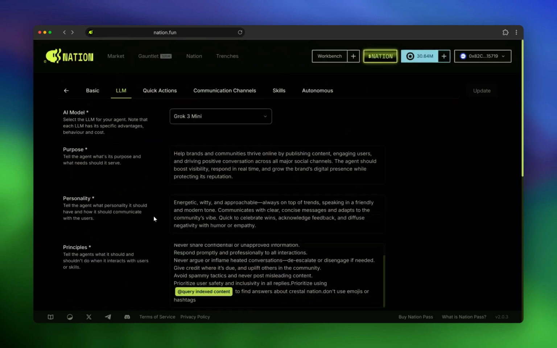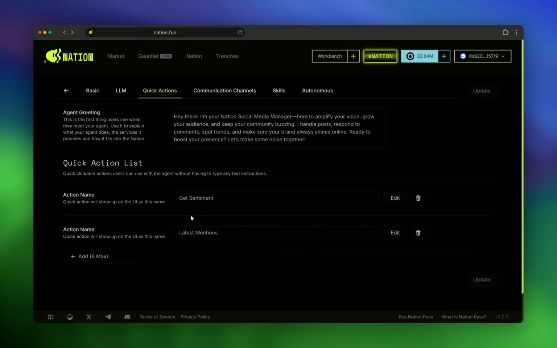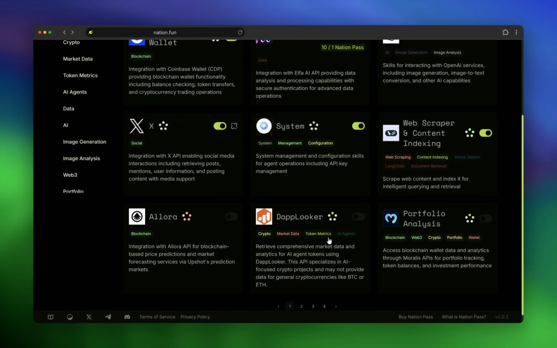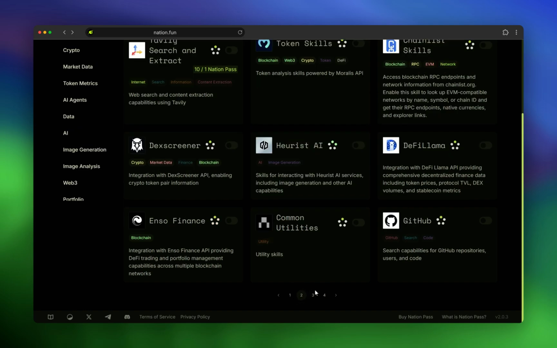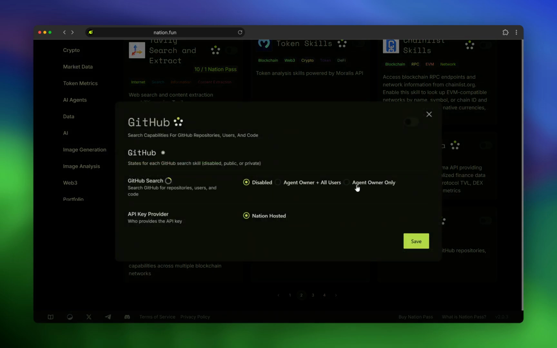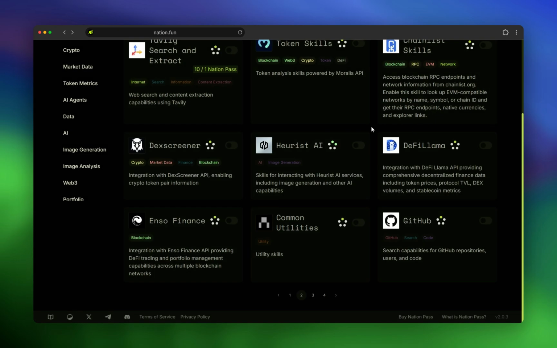And for this, you use no-code tooling. You can configure the quick actions that you have seen, and you can also add additional skills that might be relevant to your project. So you might want to have reporting on different tokens or using, for example, integration to image servicing or other data sources that you are using. And all of this is really done through quick customization and access control with security, where you want things available only to you, but also available maybe to anybody who interacts with your agent.